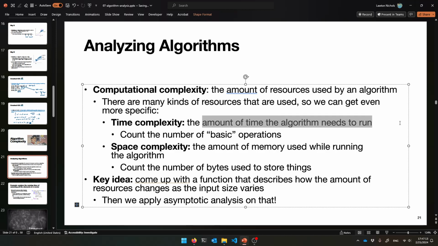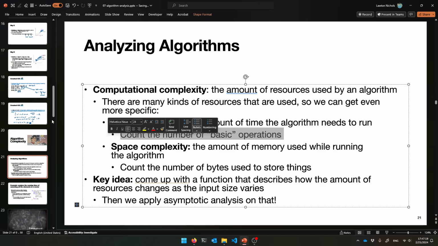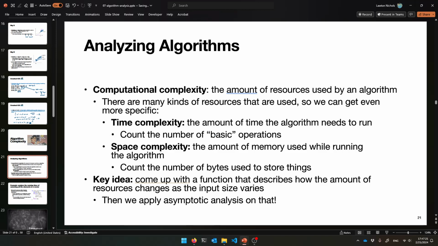And that's how much time it needs to run. That's pretty obvious, right? So we're going to count the number of essentially operations that it's taking, the basic operations. I'll underline that because what I'm trying to say there is, instead of counting time, like my algorithm